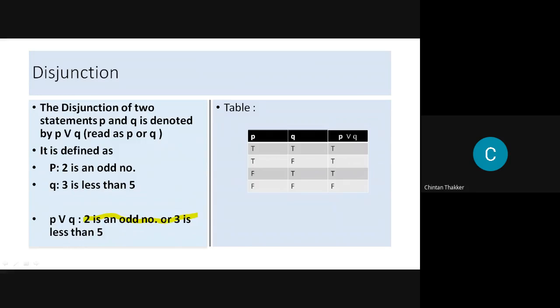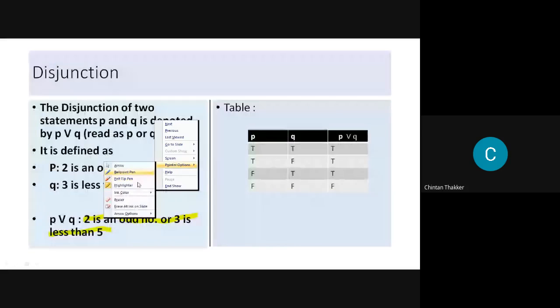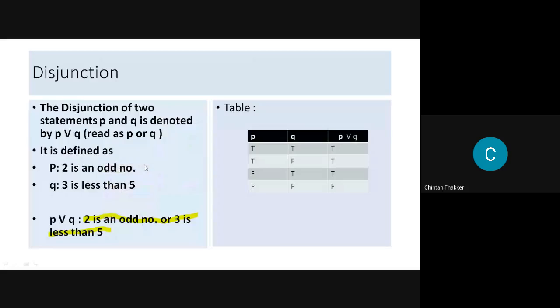You have to write the negation of this statement in the chat box.